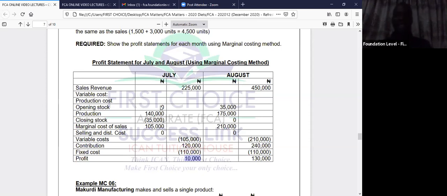Let's look at the other side. Let's assume we have no closing stock, but we have just opening stock. What does opening stock do? Opening stock increases your costs. So you see, your normal cost is supposed to be 175. Now, when you have added opening stock to it, it has increased it to 210. And what does